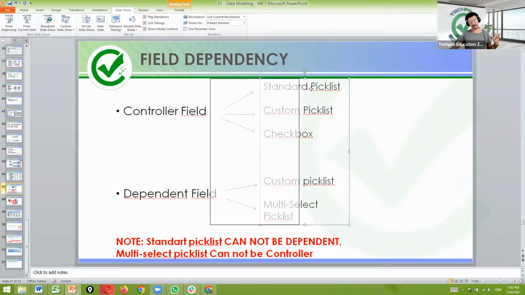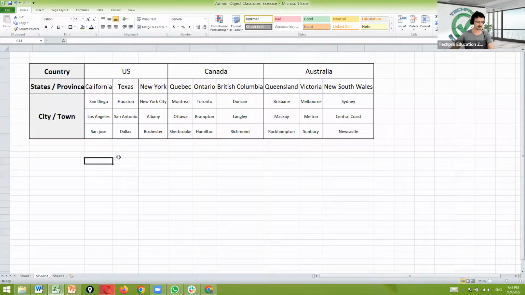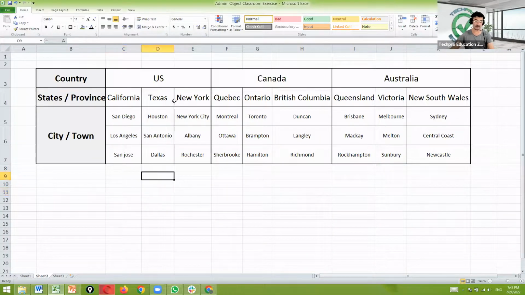Even in standard pick lists. Let me show it from the example. We will be doing it as a class exercise. I'll be doing this one. You won't be doing this one. Let's say we created a field called country, right? And let's say when we click on country, these three of them will be shown in the page, but they will be inactive, these two. So it will first be asking me